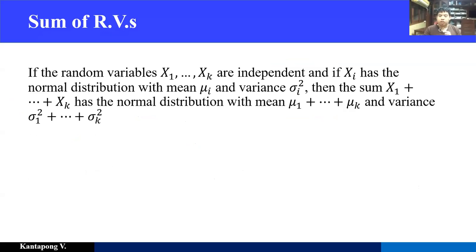Okay. So the sum of random variables. If the random variables are independent and Xi has the normal distribution with mean mu i and variance sigma i squared, then the sum X1 plus through Xk is normal. So this one we should prove with the MGF, right? Because it's not just that the mean is equal to this and the variance is equal to this, but we specify that it is still normal. So you can prove it by the MGF. But you can expand this very easily for the mean and the variance because they are independent.